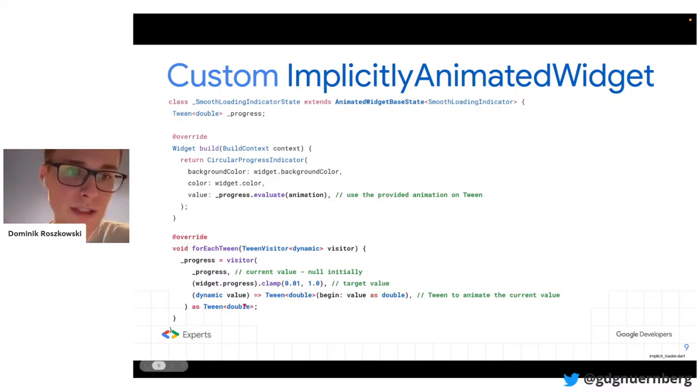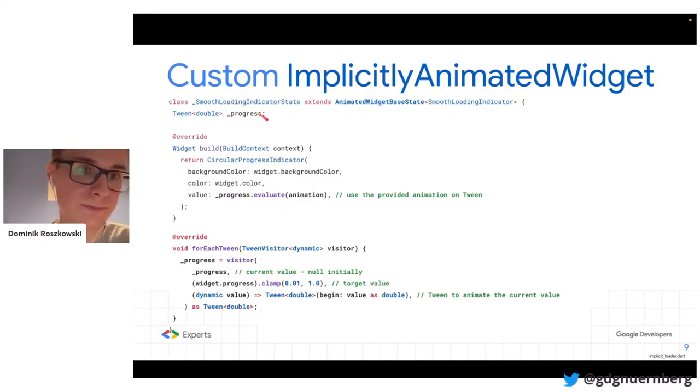And we have to override this so that every time you build this widget with a different value of progress, and progress can be 0.0, 0.1, 0.2, and so on, any double value, we call this method and this build code. Then there's another method that is exposed by the animated widget base state that we just need to call with some properties. Progress is the current value of this tween, right? It can be null at the beginning.